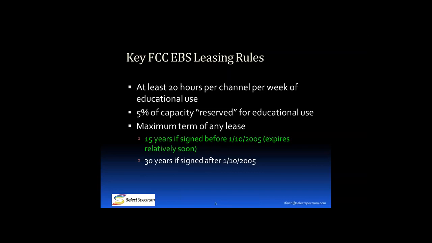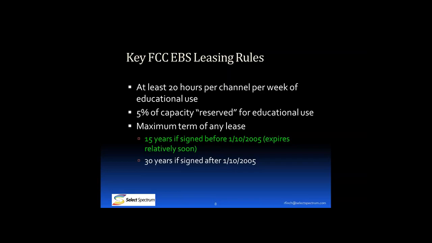The maximum term of any lease. So this is important in terms of the relevance of the auction and decisions that parties are making. If you've received an email from us over the last month or so indicating that you've been invited to participate in the Spectrum lease auction, that means that your license doesn't show a lease on the FCC database. So there's 2 possibilities. One might be that there just is no lease. Another is that it was leased prior to January 10th of 2005. The FCC treated those leases differently. They don't show up on the Universal Licensing Service database. And so, it looks as if it's unleased.